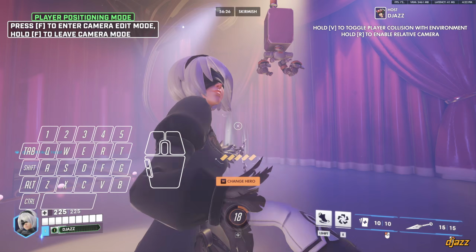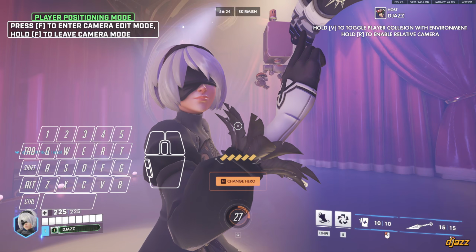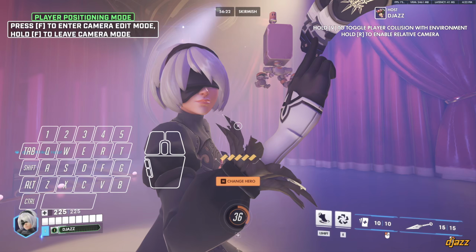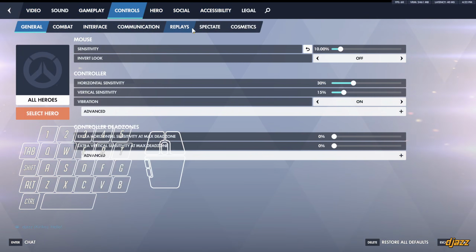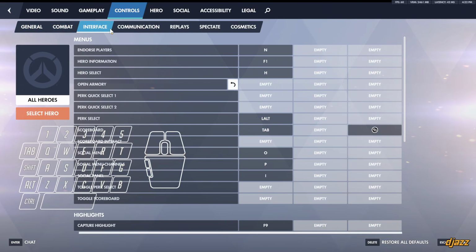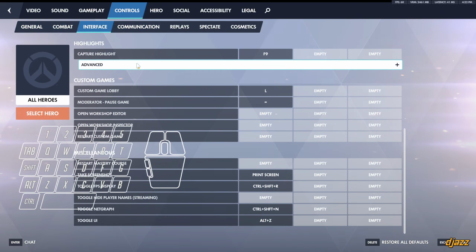To take a screenshot or a photo, I have bound the screenshot key to my keyboard to F12. Let's see if I can find it. Take screenshots. Well, it says print screen, but since I'm on Steam, it's actually F12. And I also have bound